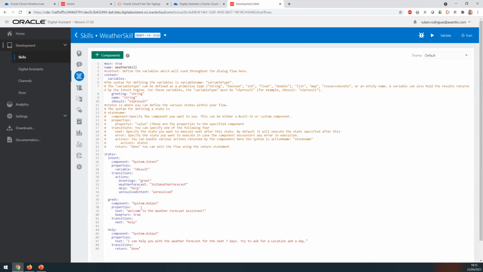Okay, so these two states are output components. They just print the text that you provide. In this case, if I type hello to the bot, it will show me this message: welcome to the weather forecast assistant. And then, as I said, next transition to the help state, it will also display